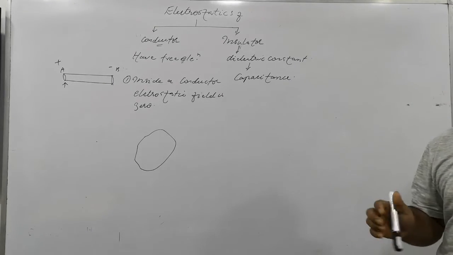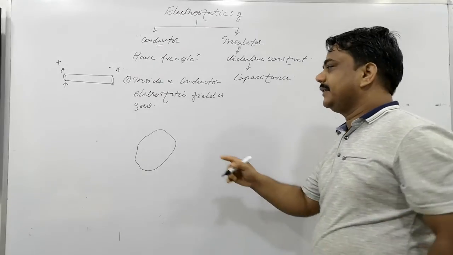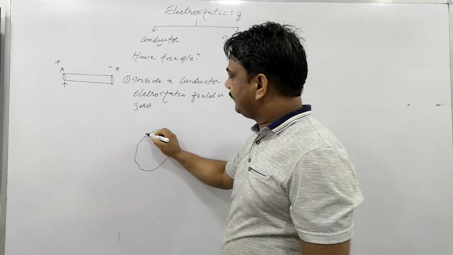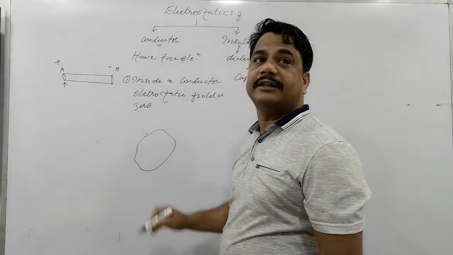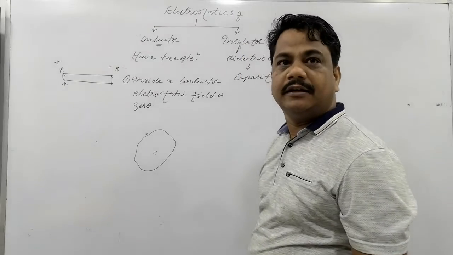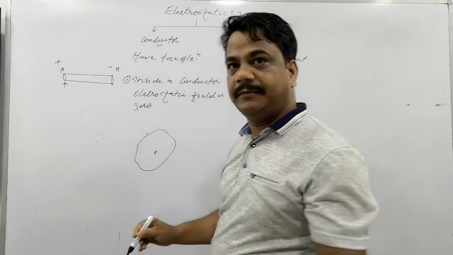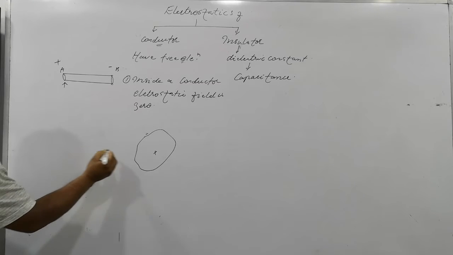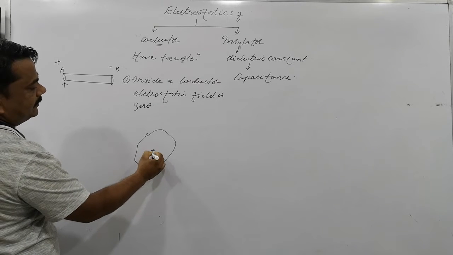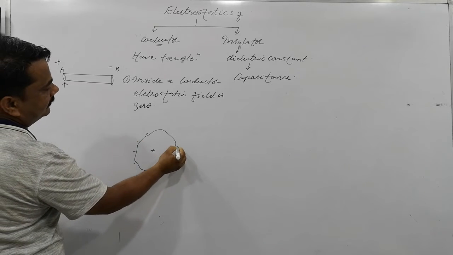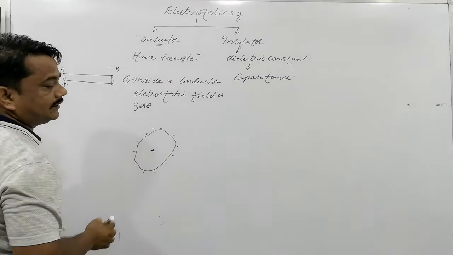A lot of things follow from this. I am telling you why this happens. Suppose there is a conductor. On the surface, suppose a negative charge is distributed here, or suppose I am placing a positive charge here. Clear? Suppose a positive charge is placed here, then all throughout, the negative charge will distribute in that manner. Is that clear now?